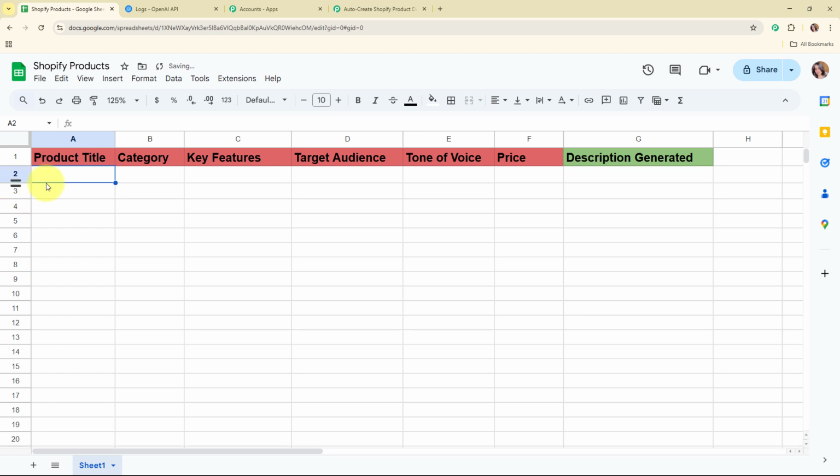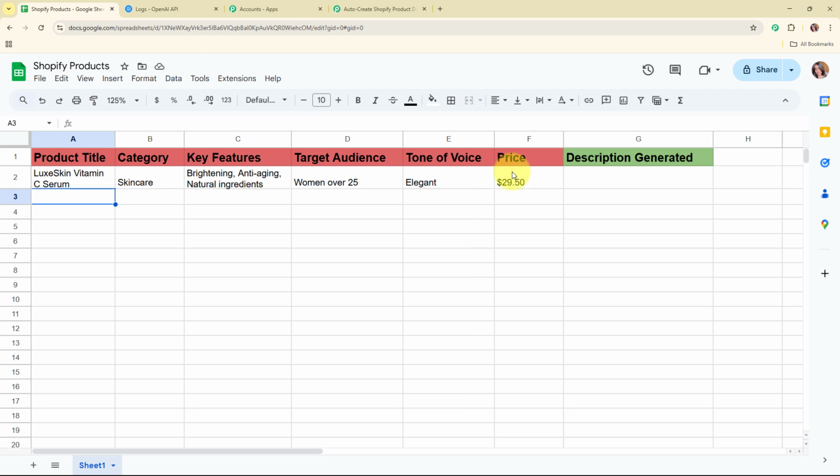Alright, so before moving forward with the connection, firstly I'm going to add a new detail over here in my Google Sheets. So let me add the details, and here you can see I've successfully added a new detail in my Google Sheets, and now I'm going to connect this Google Sheet with Pabbly Connect.